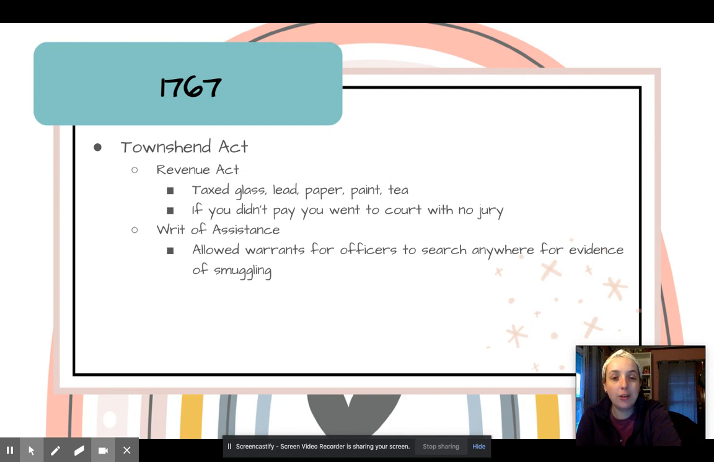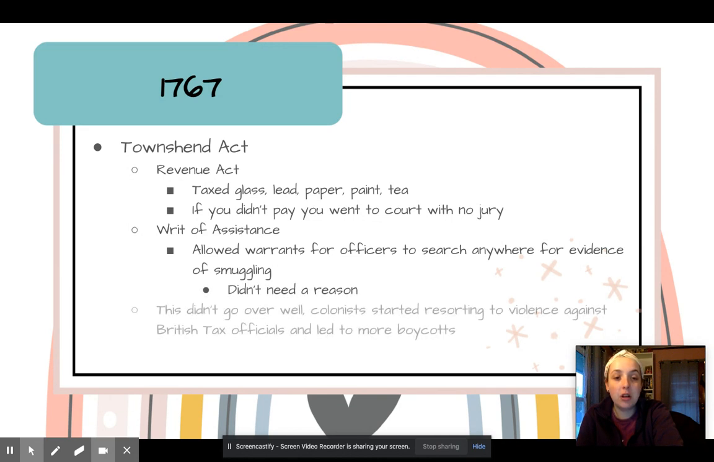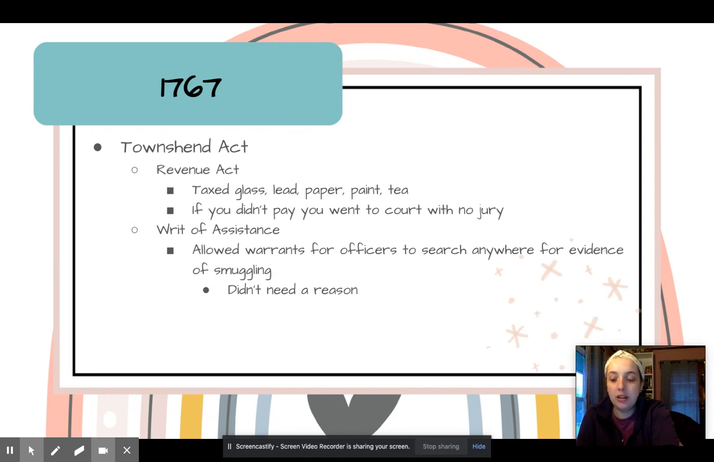So this allowed warrants for officers to search anywhere for evidence of smuggling. They didn't need a reason. So if you think about it, there's like anonymous tip lines and stuff you can do. So now,